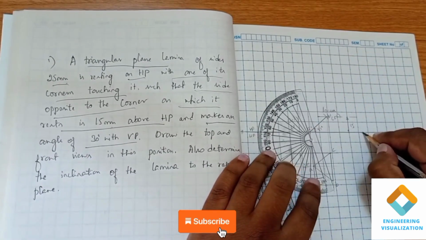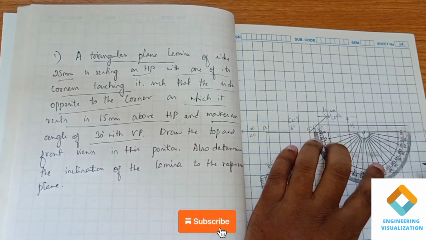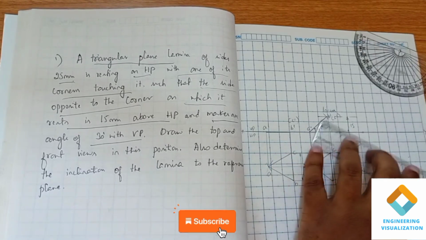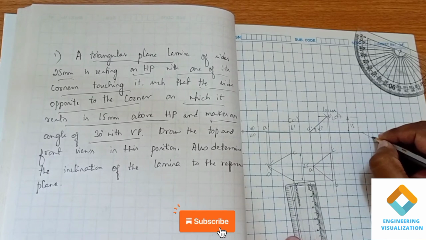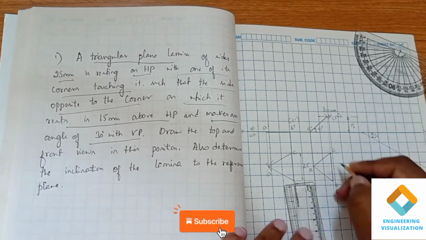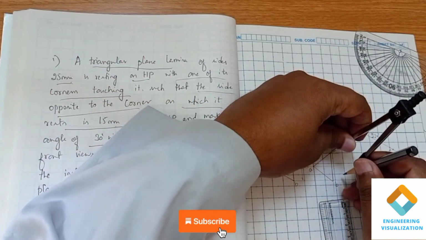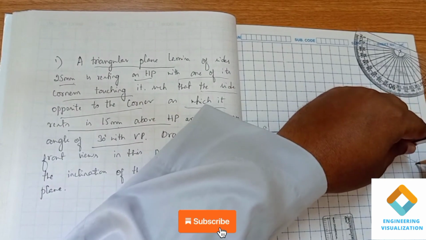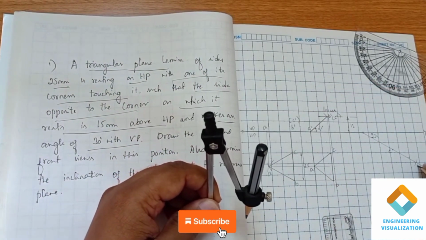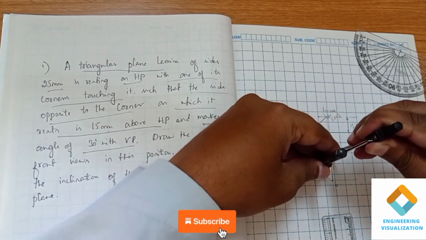After drawing, we have to measure this length from this reference point, so you can cut the arc. So this is B dash and C dash, so you can join this. By joining this, we are able to find out how much angle it is. The angle of inclination here we are getting around 40, but we have to get 44 here. I'm getting 41 degree. So projecting downward,